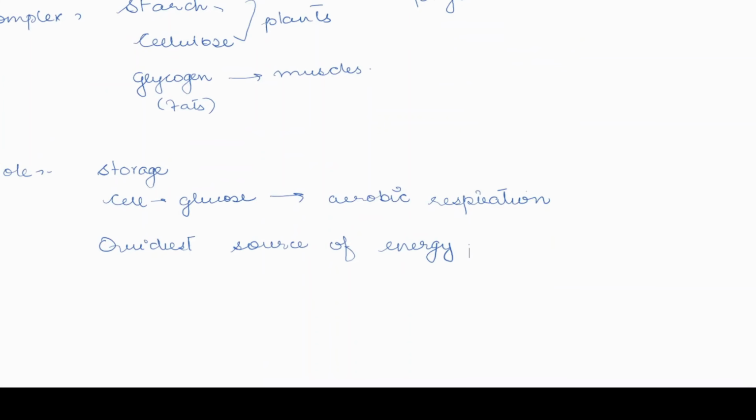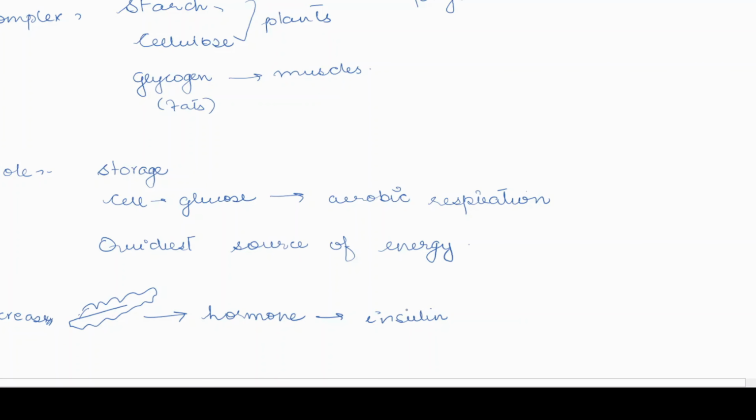Okay, so this is not part of biomolecules, but I'm giving you an introduction of something. There is a thing called pancreas in your body. There is a structure in your digestive system which is known as pancreas. It's a leaf-like structure like this. It produces a hormone known as insulin. Have you ever heard the name of insulin? In a normal person, when glucose level rises, this insulin converts glucose to glycogen.